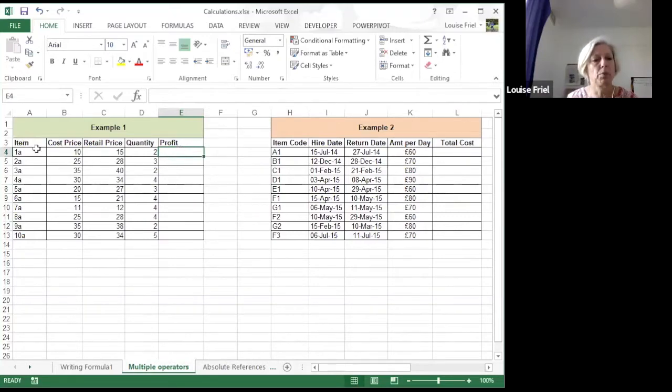So here, for example, we've got a number of items. We have got a cost price, a retail price, and a quantity. So we want to work out the profit. So the profit is obviously going to be our retail price minus our cost price times the quantity. So we're going to put that calculation in here in cell E4. And we're going to say our profit is equal to our retail price, our highest price, minus our cost price,